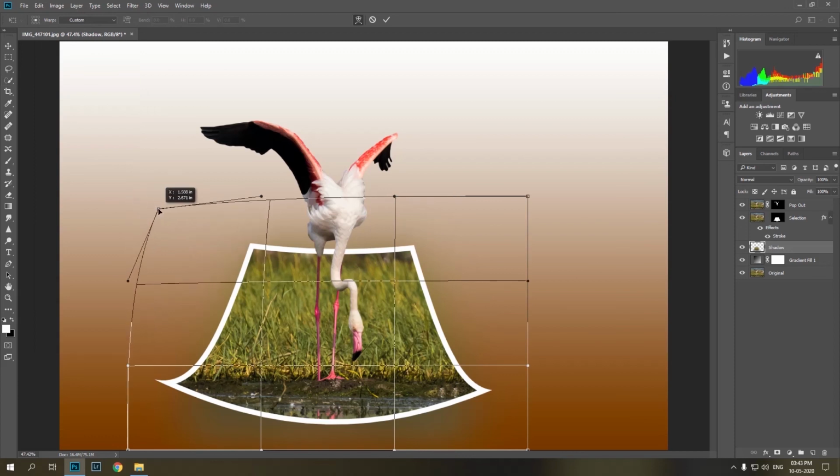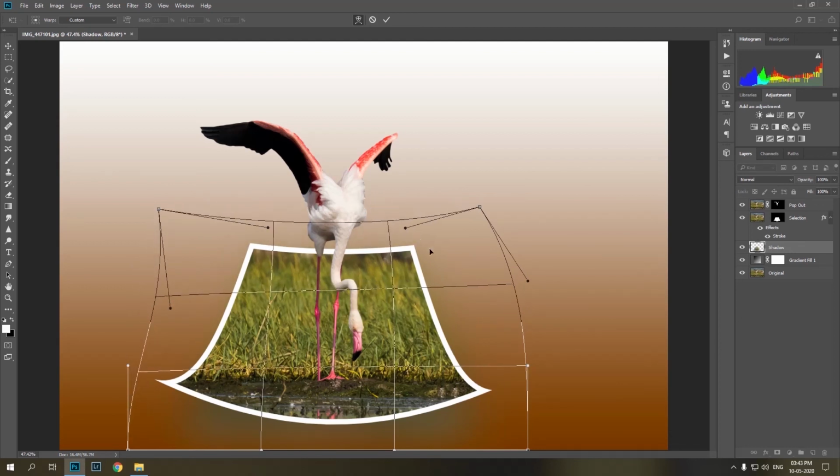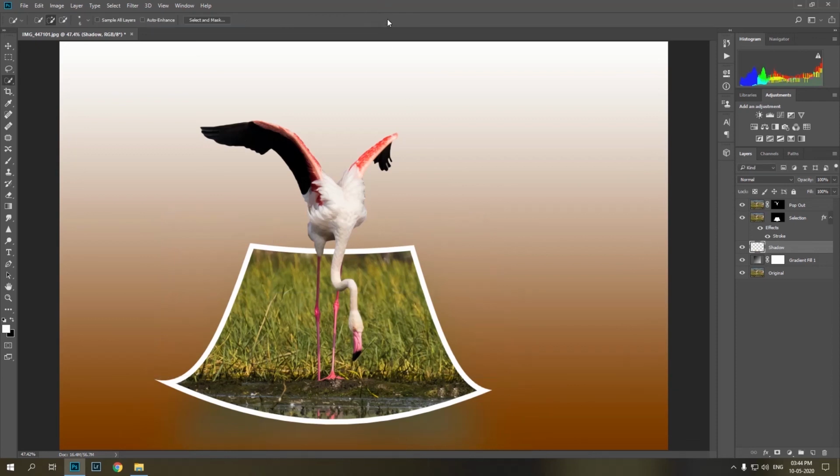Change the shape of the blurred area so that it remains below the stroked area and creates a shadow effect. Click the tick mark to commit the change. The effect is now complete and ready to be saved.